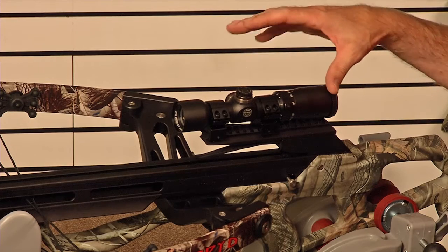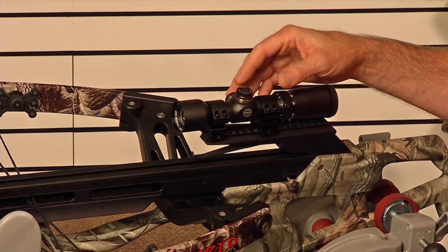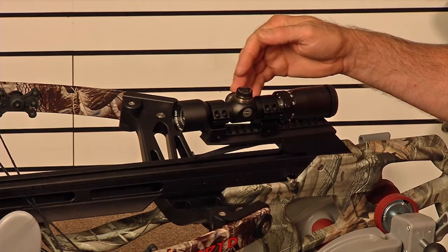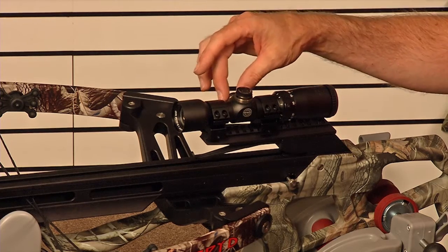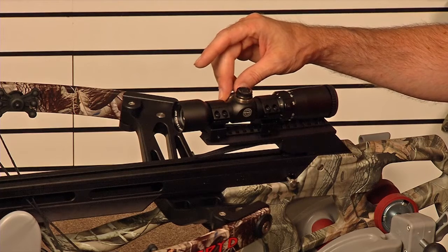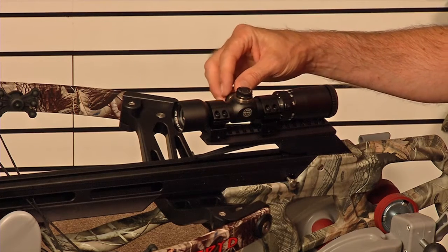Go back in looking through the scope, acquiring your target, and pull the trigger. Looking through your scope, you'll see where you hit. And odds are you're not going to hit right on the bullseye. But what you'll want to do is, using the windage and elevation, chase the crosshairs back to where the arrow actually hit. When you do that, you'll actually put the crosshairs right on the bullseye where you originally aimed, and then by